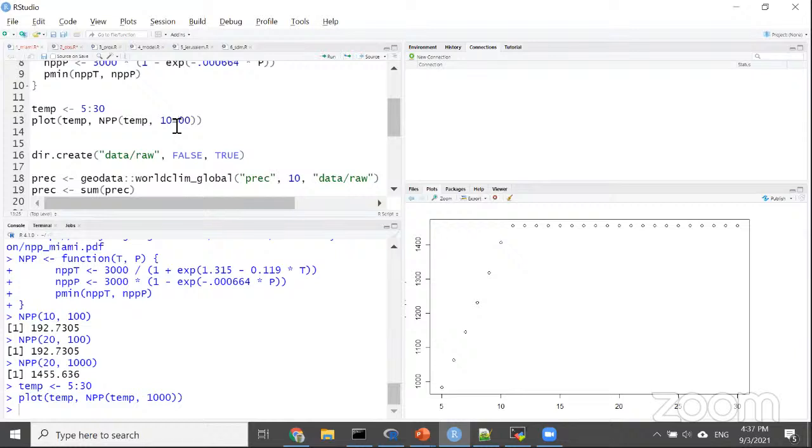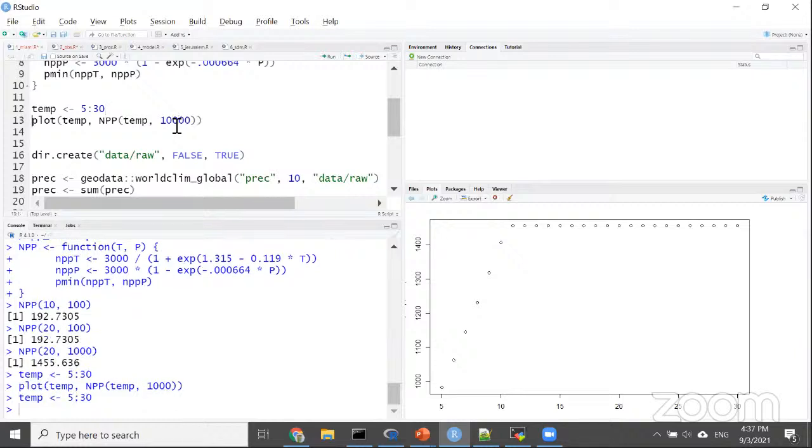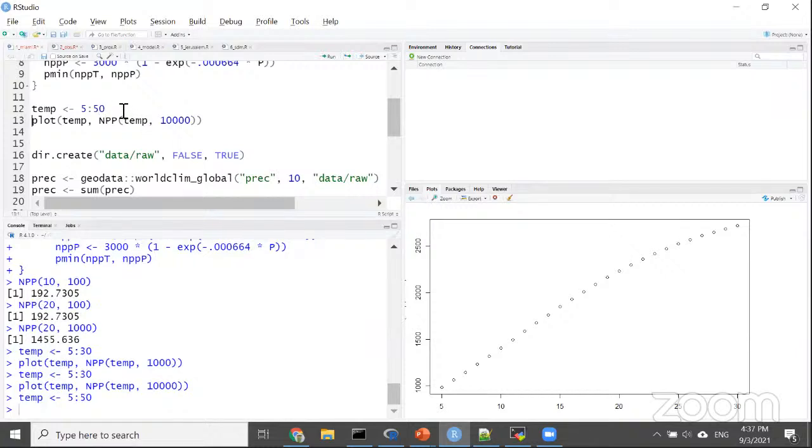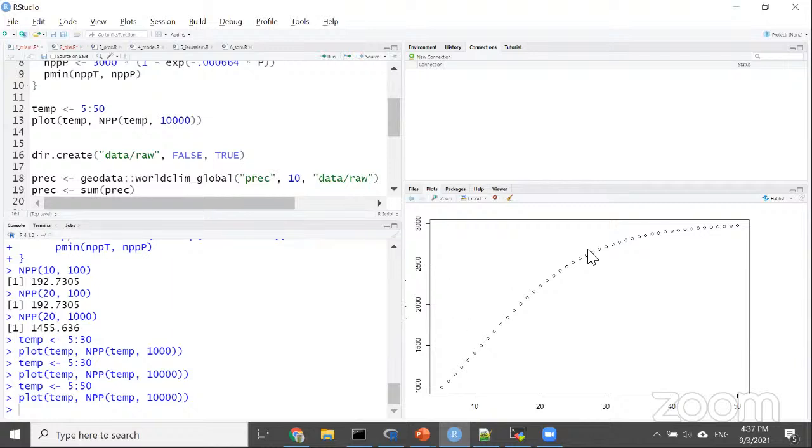Let's see. Oh. Very high rainfall. Okay, so now rainfall doesn't limit anymore, but you do see at some point, you know, there's a maximum you can reach. All right, so we could go on and on, but most of the questions on Stack Overflow I see about this kind of use of a function that you want to apply to rasters are from people that haven't looked at their function. Try your function first, and of course, the other big thing that you should never forget is